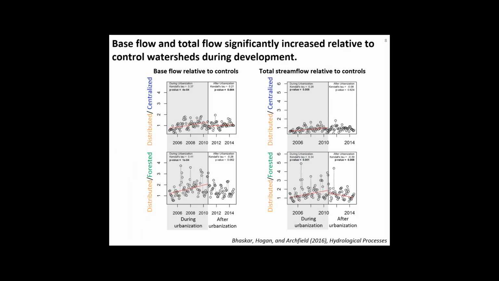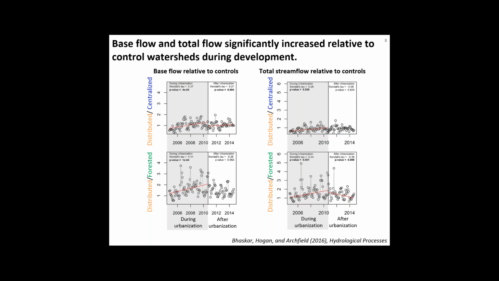And so with that plot that Krissy was just showing with the comparison between the distributed watershed and those other two controls, the urban centralized control and the forested control, we're going to use those controls here to compare the flow, base flow and total flow in the distributed watershed. And here what we've done is normalized by the flow, by dividing by the flow in those control watersheds. And this is to remove those climate effects and just look at what's happening in the distributed watershed relative to